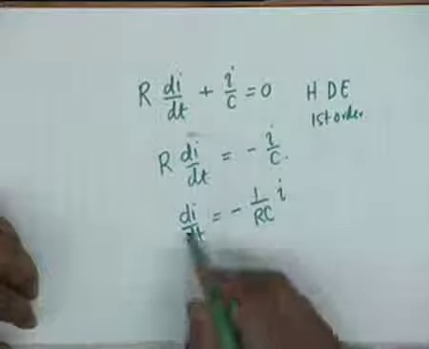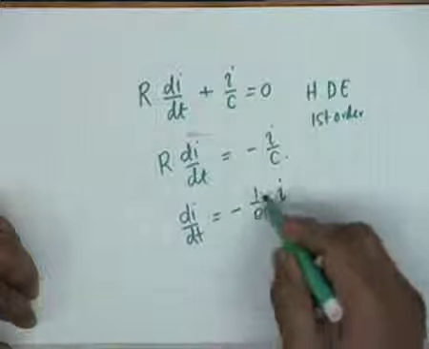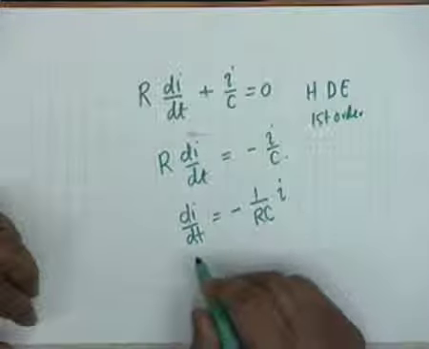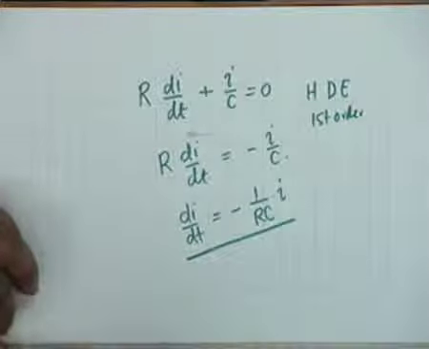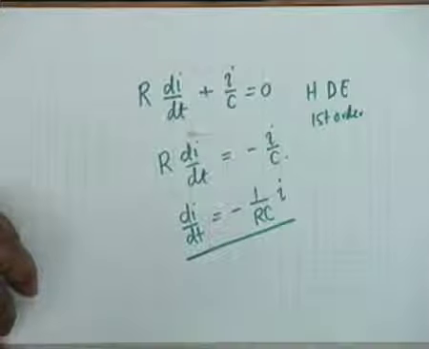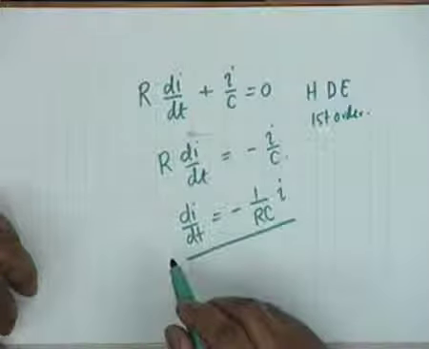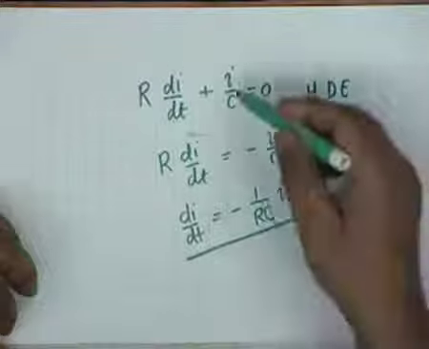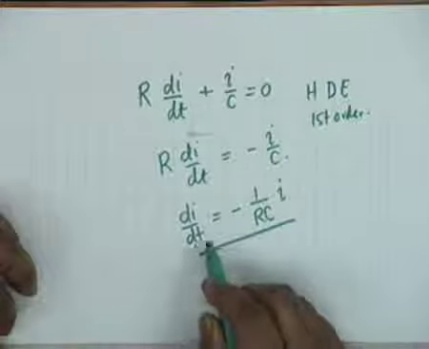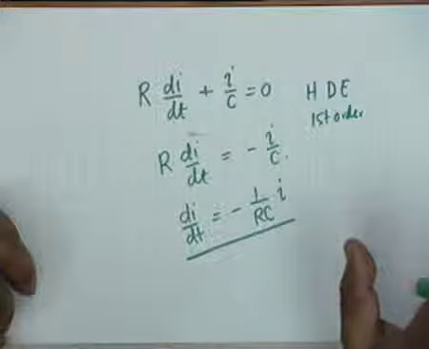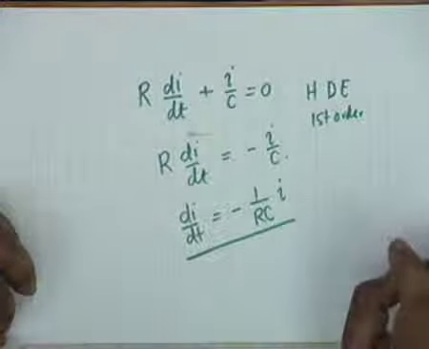So what you usually do is bring I here, di by I equals minus 1 by RC dt, then you integrate both sides and so on. But no, we are not going to do that. What we are going to argue is, now comes the physical picture into the situation. What we argue is that my solution must be of a form such that di dt and minus I by RC must be identical,